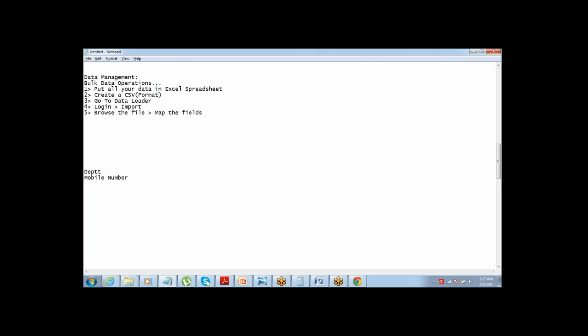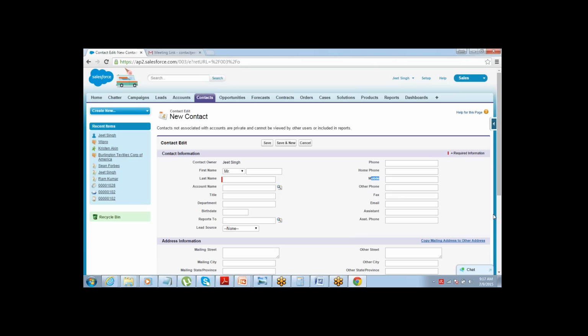All right. So we'll do a small example and see how it works. I do have a sample file which I'm going to use. Just give me 1 minute. Let me fetch the sample file.